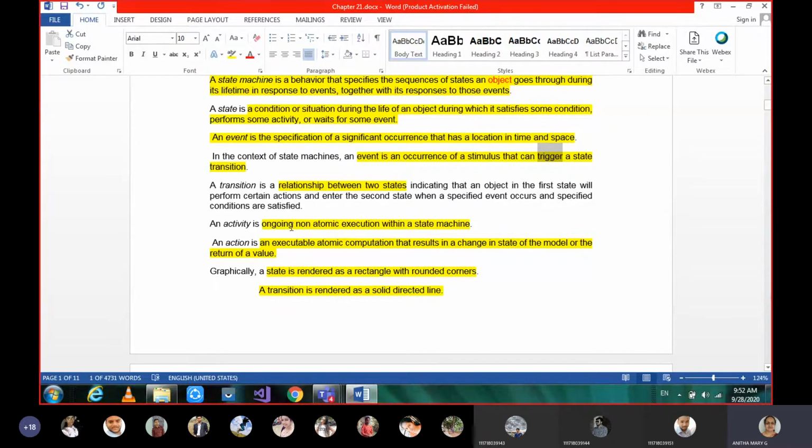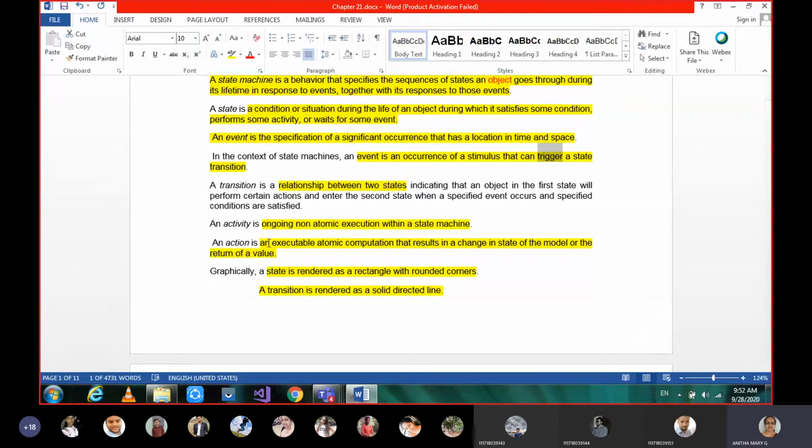Non-atomic means... atomic is that which cannot be decomposed. Non-atomic means an activity state which can be decomposed further for doing the task. It's a bigger activity which takes a long duration of time, I can say. Whereas an action will be executed within insignificant time.